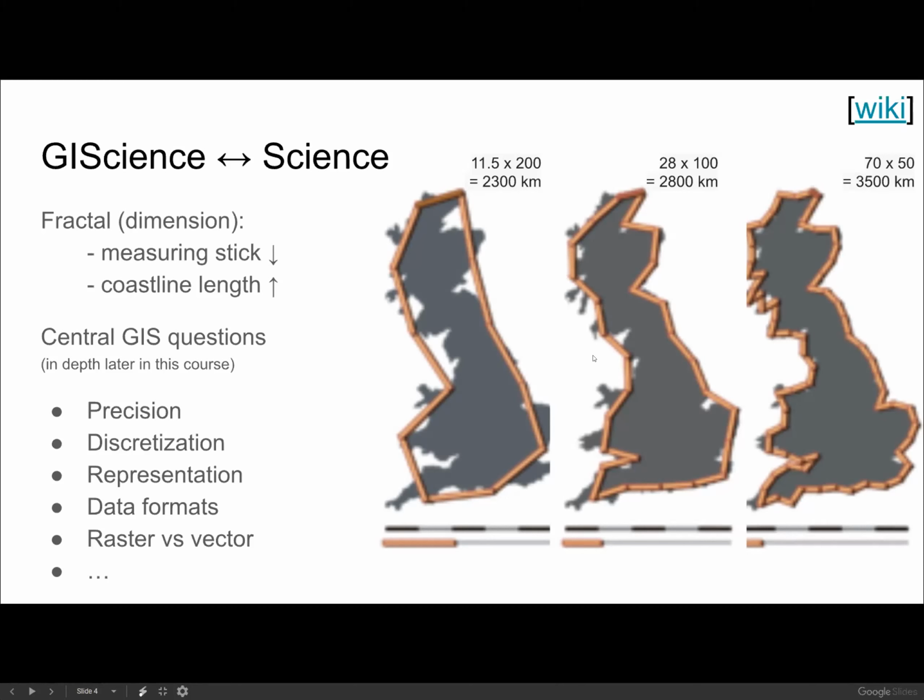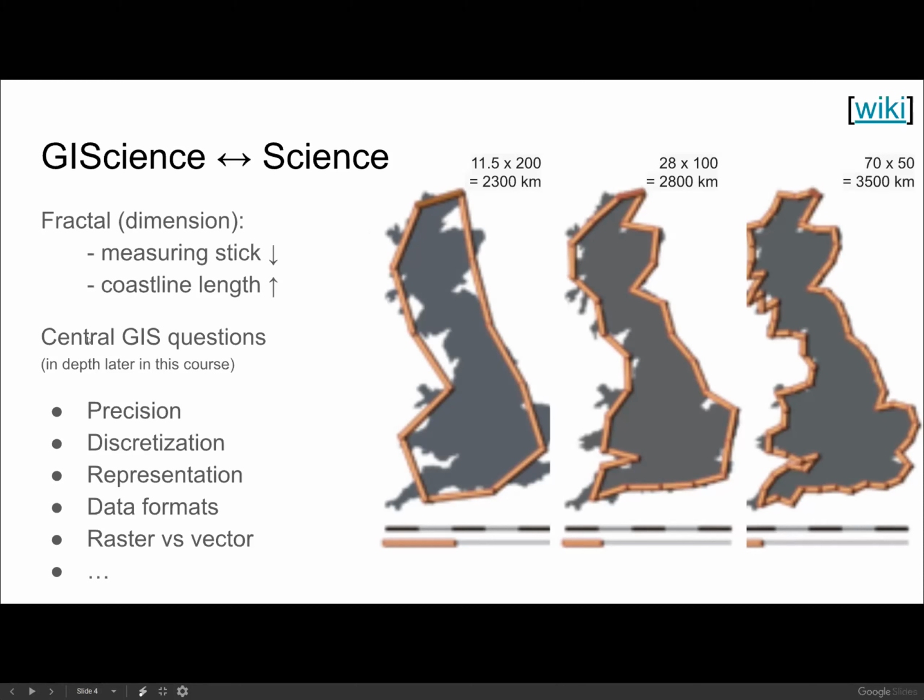If you use a smaller stick, you look at finer complexity of the boundary and you get a larger answer. And if you use an even smaller measuring stick, going into all these little notches, you get an even larger answer. That led to the development of fractal theory, which we will not look at,